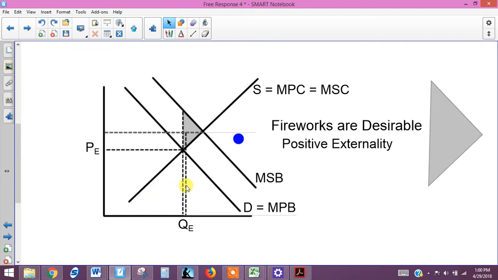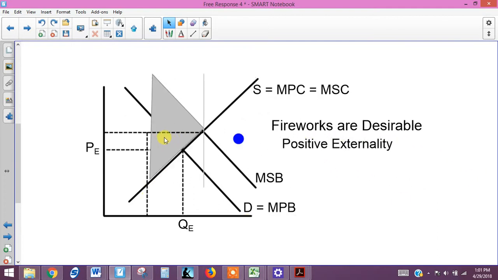But anything less than the quantity at market equilibrium, even if there wasn't an outright ban, but just say the government said you're only allowed to buy one package per year or something, that would lower the quantity. Anything that would lower the quantity at all would actually create a bigger deadweight loss. So if I put this guy in here, that would be roughly what would happen if the quantity was lowered